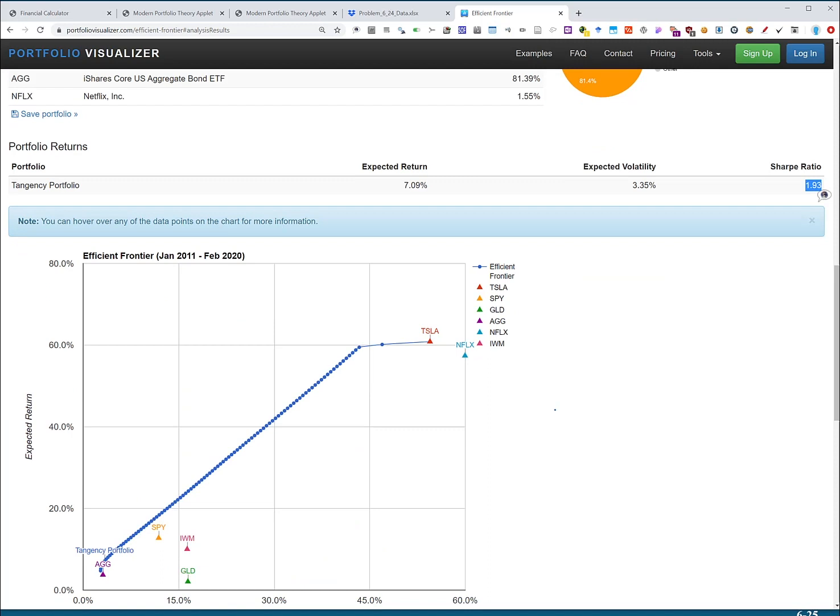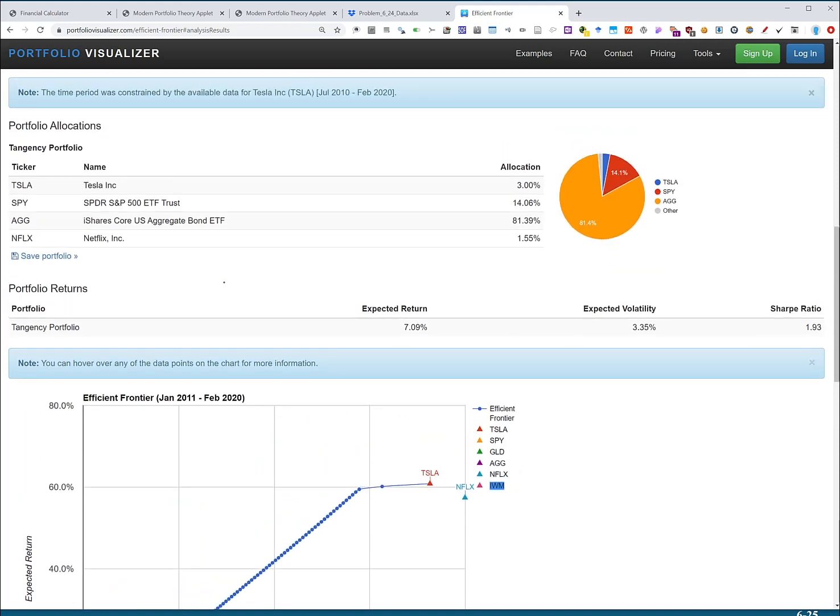That's the optimal risky portfolio. So if a client comes to you and says, hey, I just want you to construct the optimal risky portfolio that has Tesla, SPY, GLD, which is gold, bonds, Netflix, and the broad market, well, you put this in an algo, and that's what you get, right? These are the weights that you get to build a portfolio for a client. So the key here is that